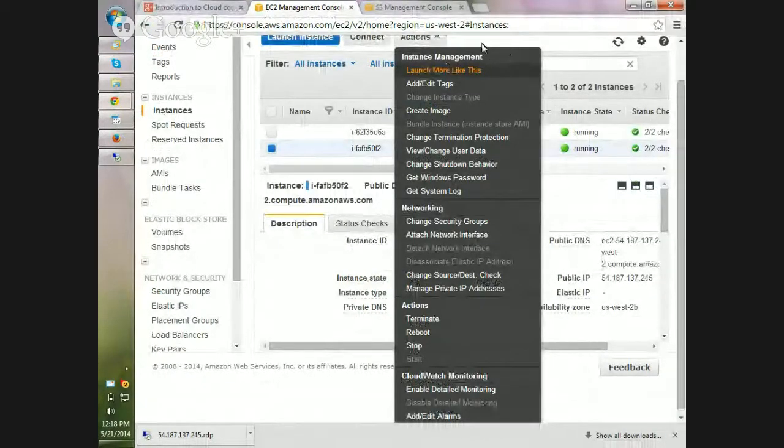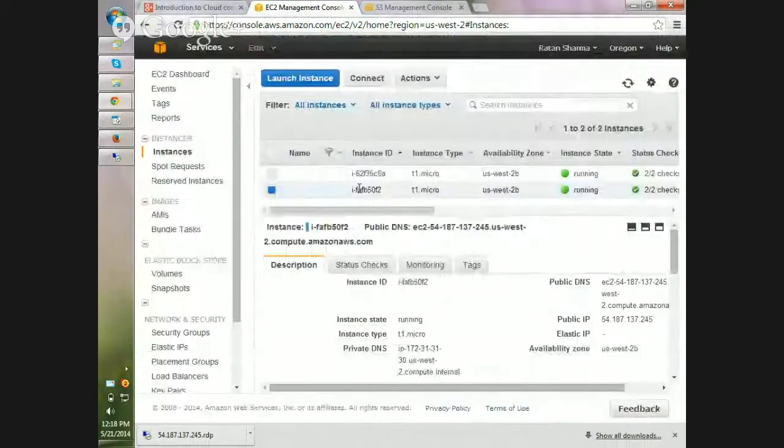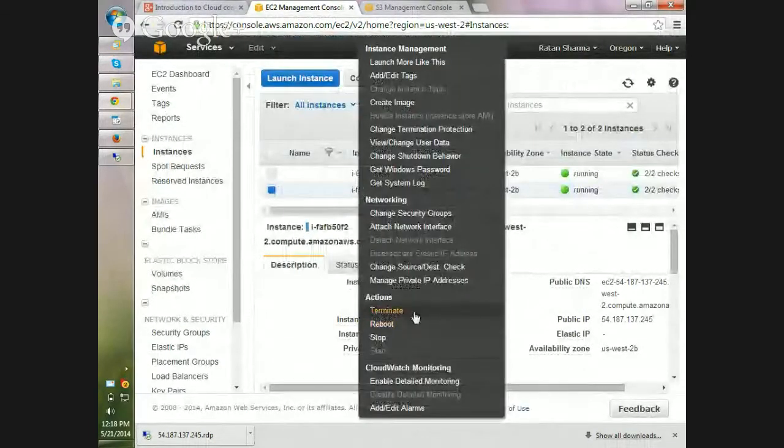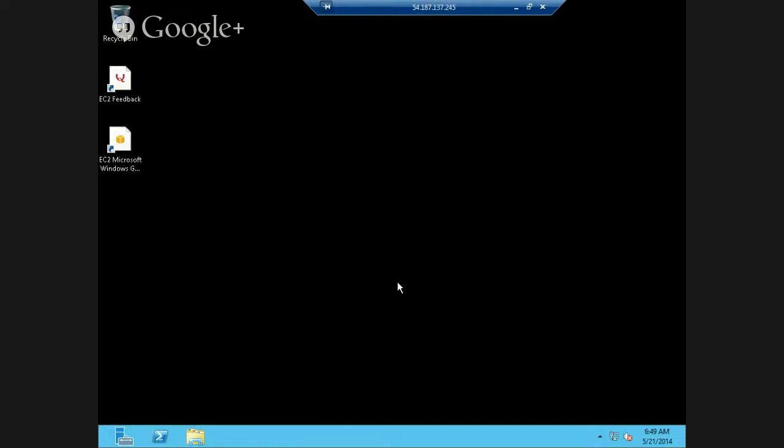Then the instance that you have created, if you want to terminate or reboot or stop the instance, this is important. You can create 3 different instances, but you have only 750 hours of usage. So you can stop this instance right now and you can only use it for 2 hours. If you want to use it, just start the instance and use it for 2 hours. So that is advisable, to save some time. Okay, the server is ready here, and now whatever work we need to do, we can do here.